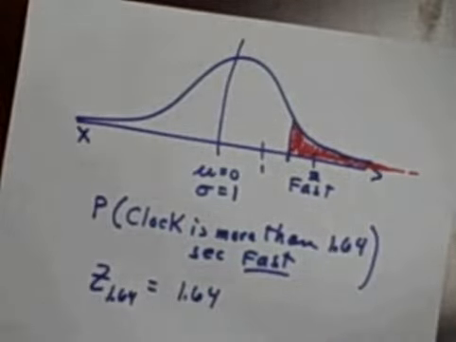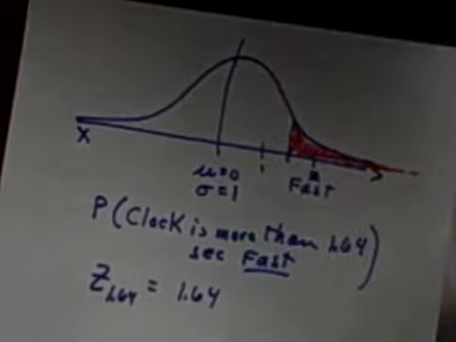So, looking up 1.64 on this table, I'm now on the positive side, so I need to go to my positive z-score half of the table and look up 1.64. Once again, I find the whole number part in the tenths place over here at 1.6, and then bringing the table across